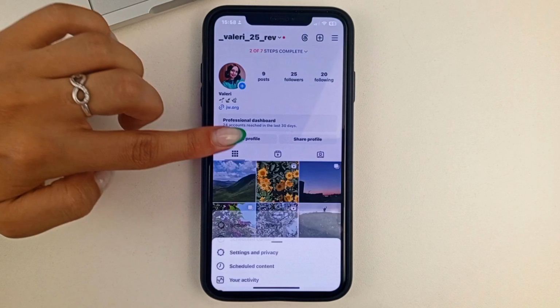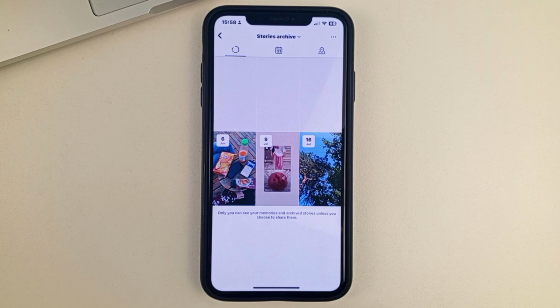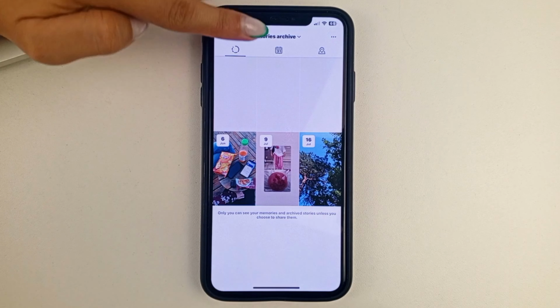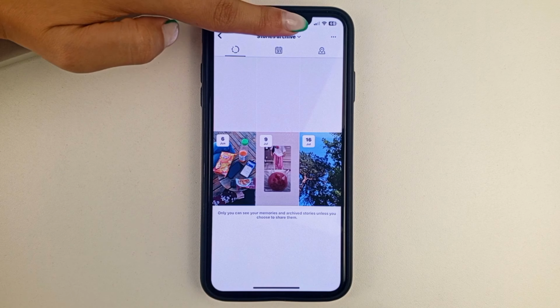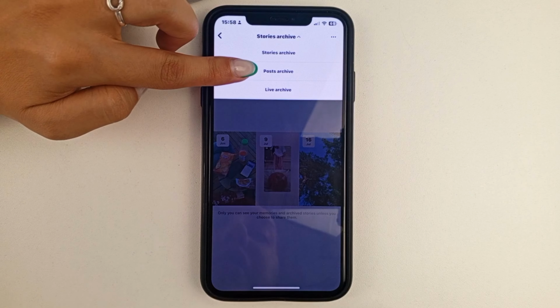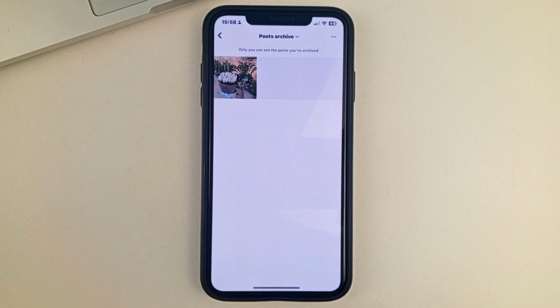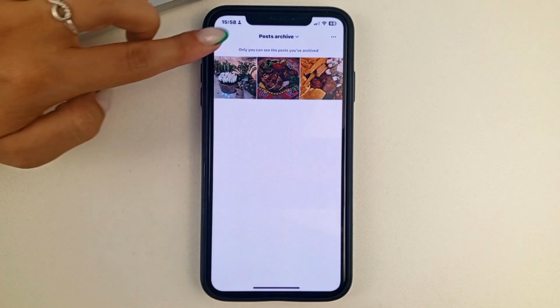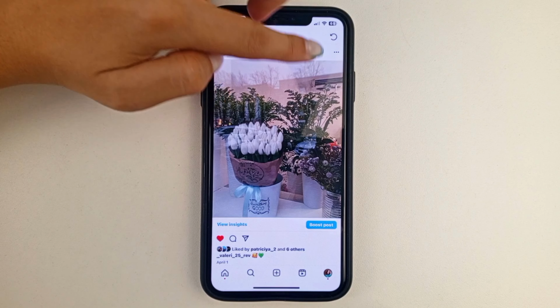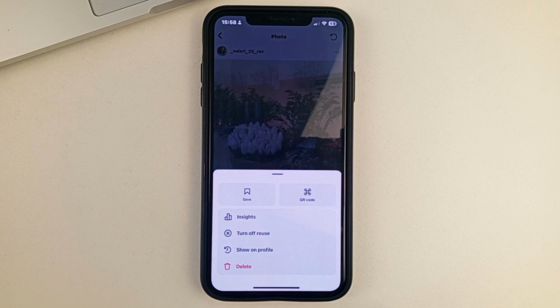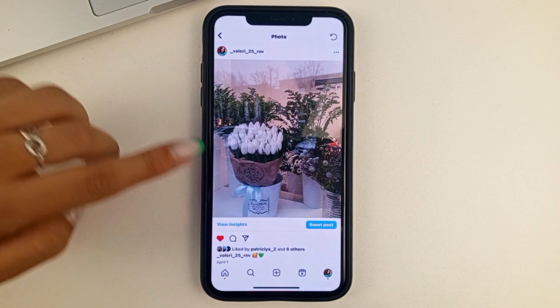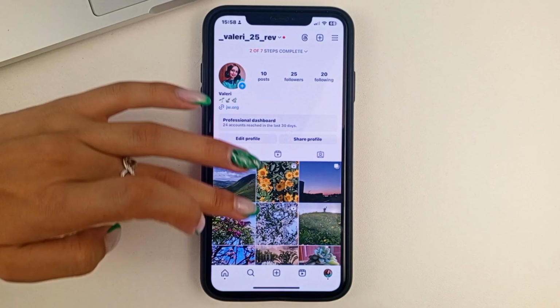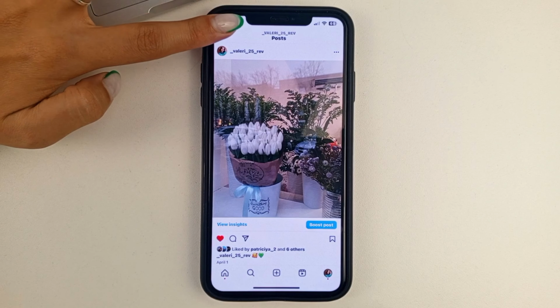So, once you've gone to the archive, you'll probably, like me, see the History Archive open up immediately. And you'll need to click in the center, right here, where the History Archive is, and select the Post Archive. That way, friends, you'll go to all the posts that were previously archived to be reposted. Click on a post, and then click on the three dots and select Return to Profile. And literally in just a second, as you can see, that post is back on the profile again.